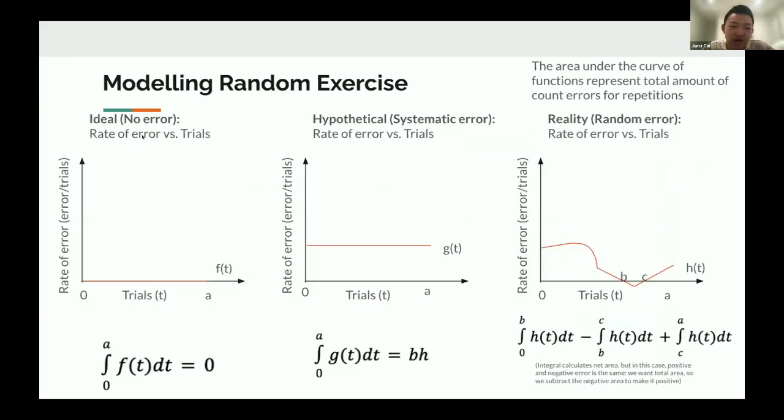So here is the modeling, right? What we hope for is no error, so the rate of error is zero. In this case, the area under the curve for functions represents the total amount of count errors for repetitions, because it's the rate, right? So the hypothetical that we guessed was that the integral equals base times height, so it's a rectangle, right? We want to make sure it's a systematic error instead of a random error, which in reality is the case, so we don't know what the error is. Sometimes we get fewer reps and sometimes we get more reps, right? So for the negative part, if you do one less exercise versus one more exercise,